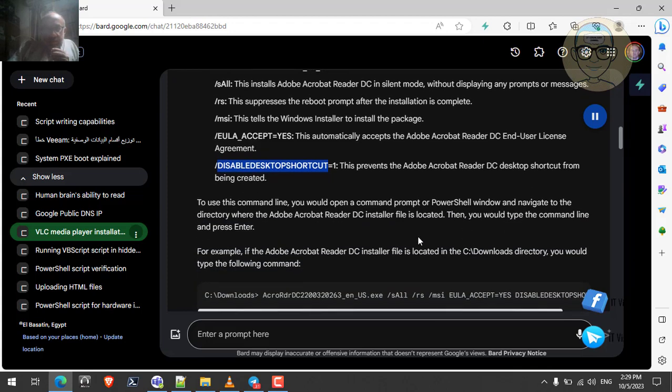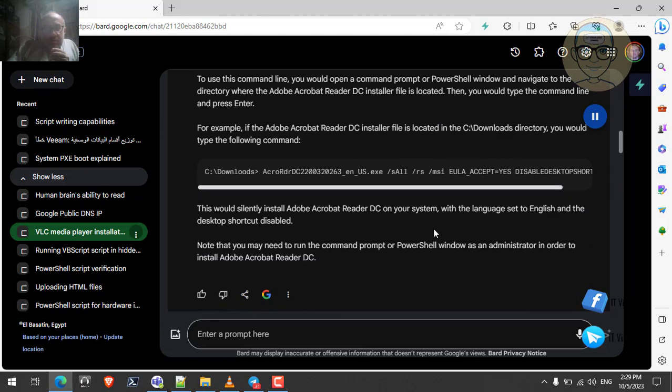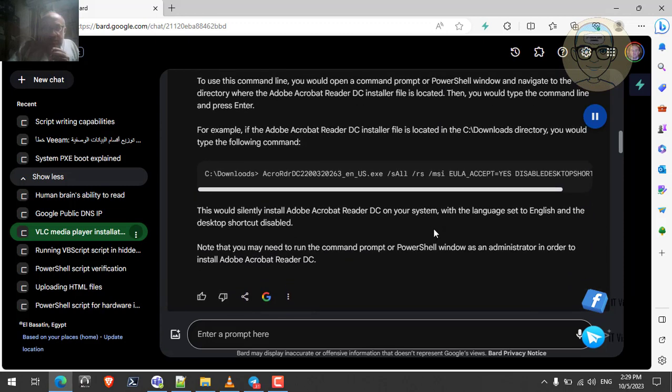To use this command line, you would open a command prompt or PowerShell window and navigate to the directory where the Adobe Acrobat Reader DC installer file is located. Then, you would type the command line and press enter. For example, if the installer file is located in the C:\downloads directory, you would type the following command: C:\downloads> AcroRdrDC